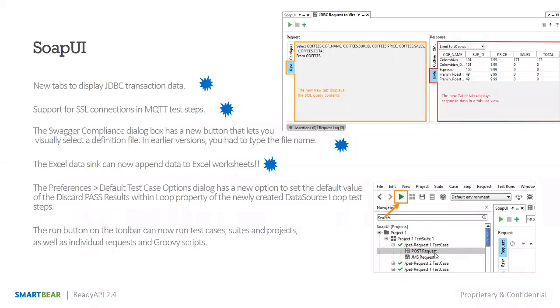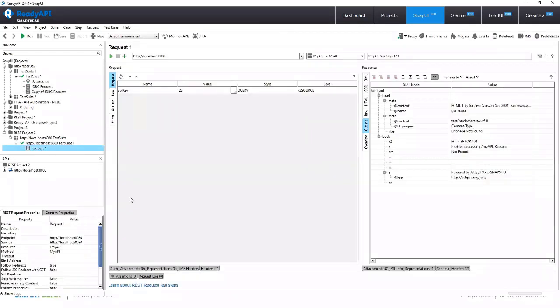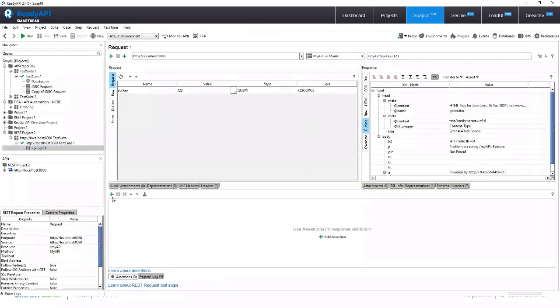For the Swagger schema compliance assertion, we have added the browse option. Previously, you only had the option to go in there and add an endpoint that had a Swagger definition. Now, and let me go back into ReadyAPI. If you have a REST API call defined by Swagger, and you wanted to validate that the response you're getting back is compliant against the schema Swagger has defined,